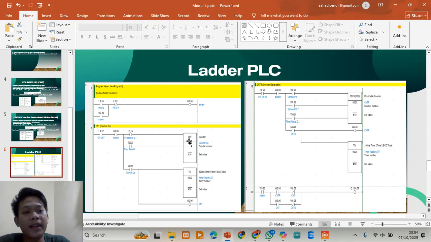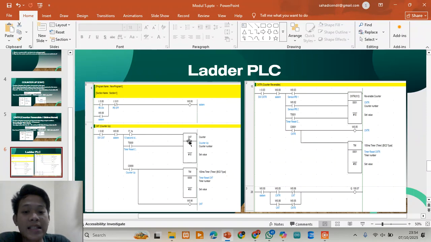Practically, in this laboratory, the main component is the PLC as the controller of the system, and the push buttons for count up, count down, and the reset button for the counter.